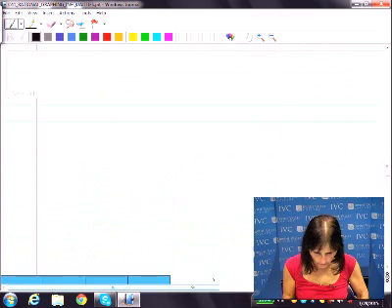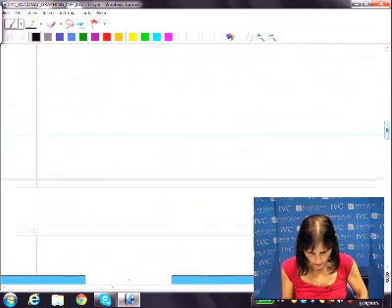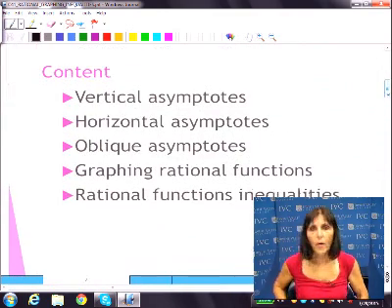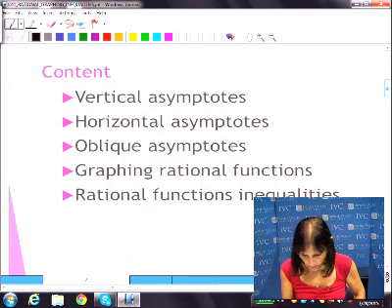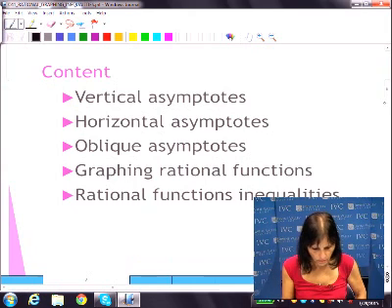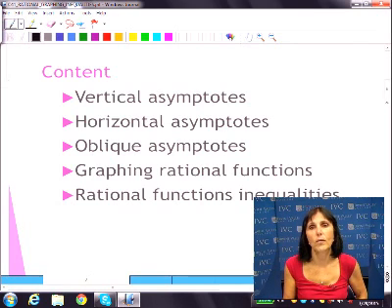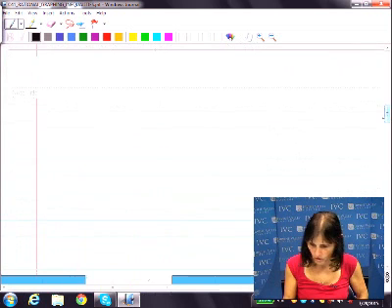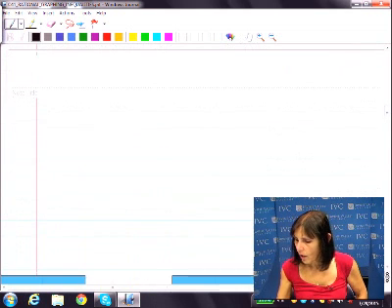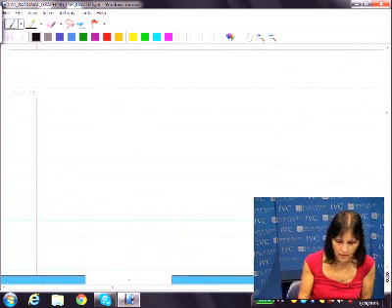I'm going to break it down. We are going to look at finding vertical asymptotes for a rational function, horizontal asymptote, oblique asymptote, how do we graph them after we find all those asymptotes, and how can we solve inequalities after graphing. Alright, let's get started. So, a rational function